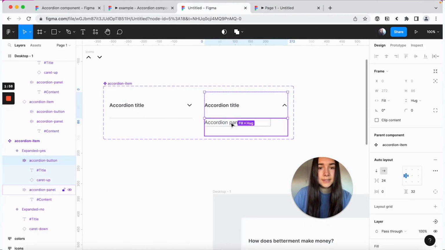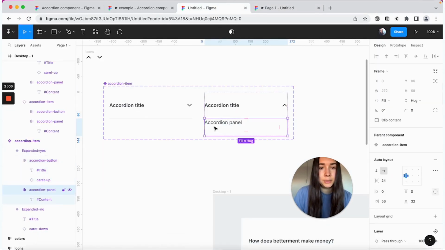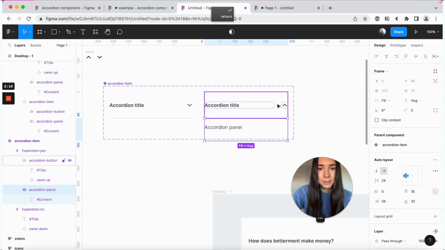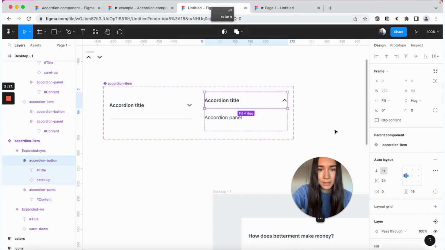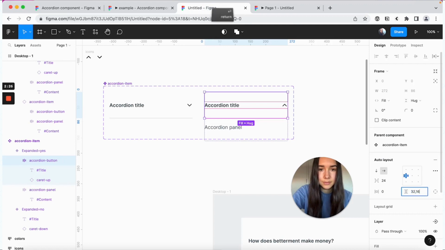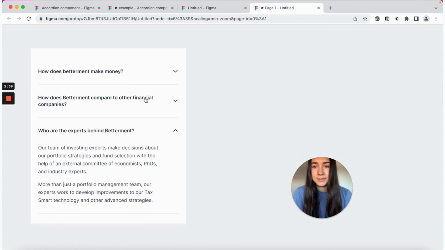And the very last thing, if you remember at the beginning, I removed the 32 pixel top padding from the accordion panel. But actually the first thing when I was testing it, I was like, oh, maybe I can just keep it even and keep 16 pixels at the top here and just bring this down to 16 pixels. And with that, you can definitely see that the component still works and looks fine.